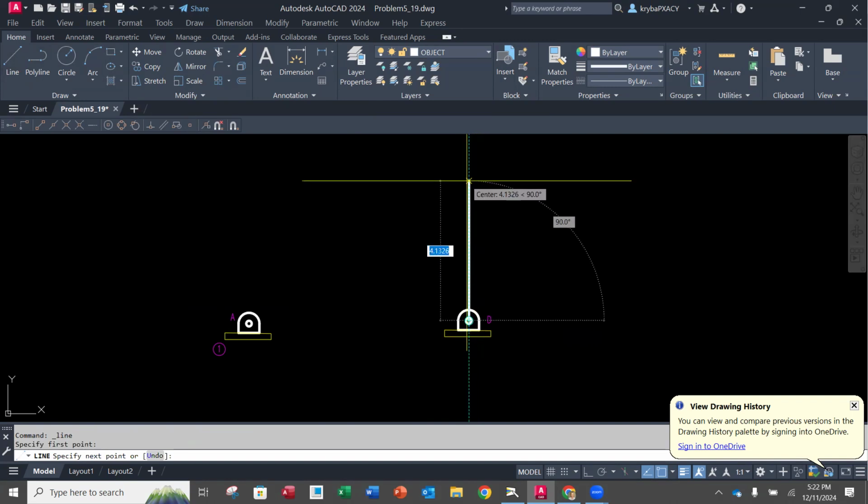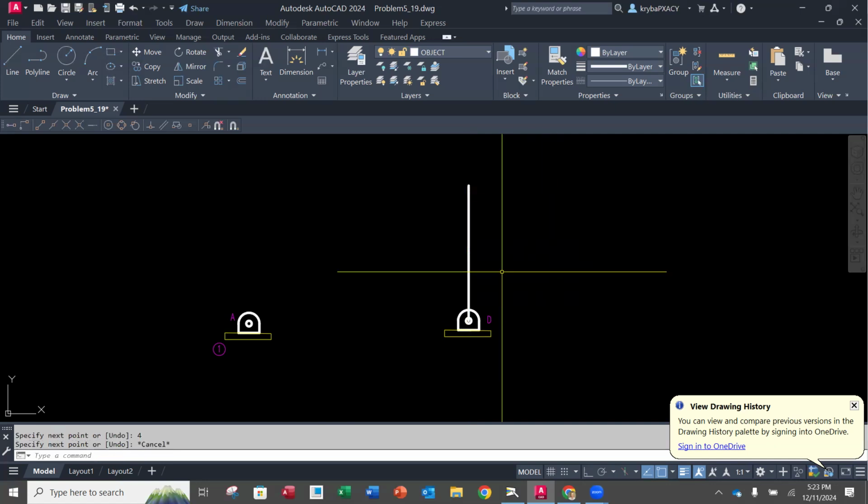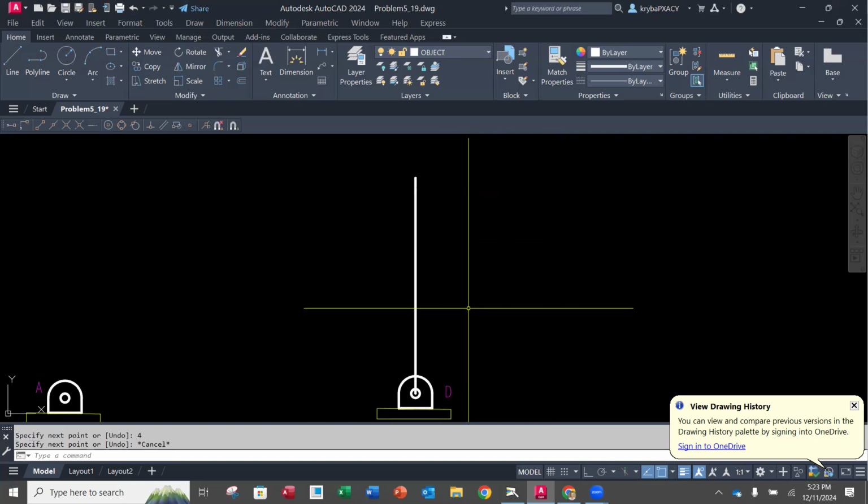Okay. This is my link number 4. And I want that link, as I stated earlier, to be 4 inches long. Done. Okay, 4 inches long. So I'm just drawing that vertical. Now, this is where